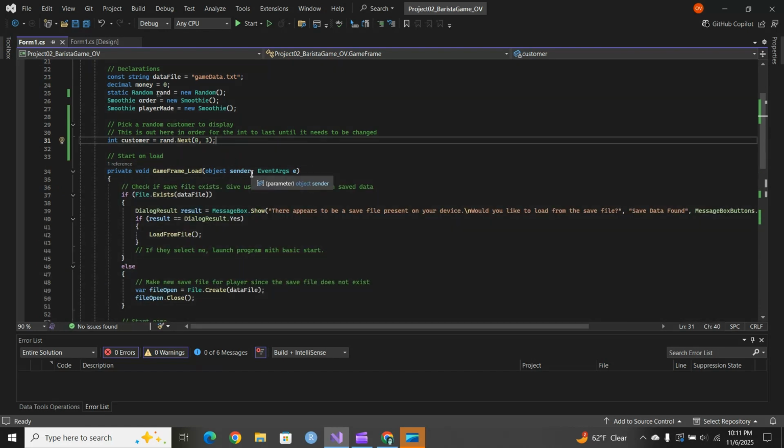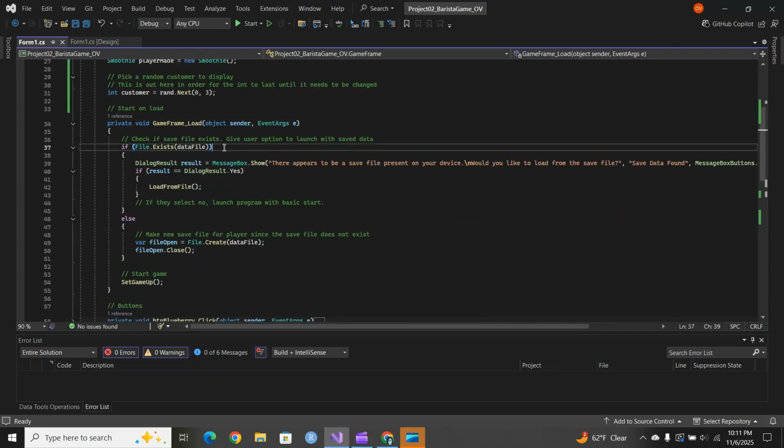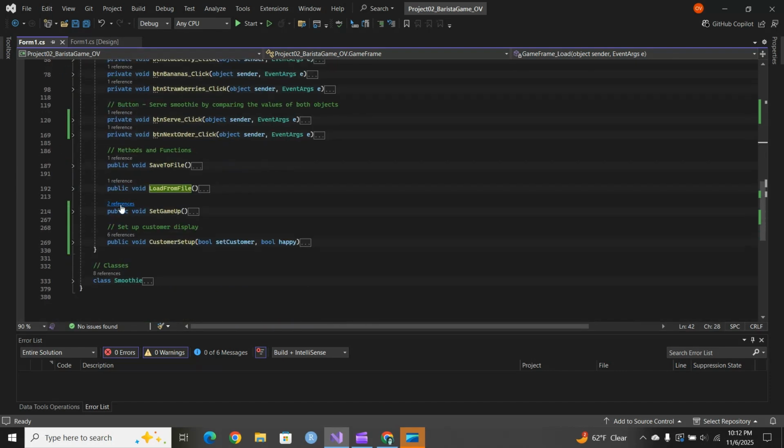When we start on load, when our game frame loads up, we're going to check to see if a save file exists. If a save file exists, we will ask the player, there appears to be a save file present on your device. Would you like to load from this file? Should they choose yes, that they want to load from the save file where their data is stored, we will use our method load from file. If we go down, we can see our load from file here,